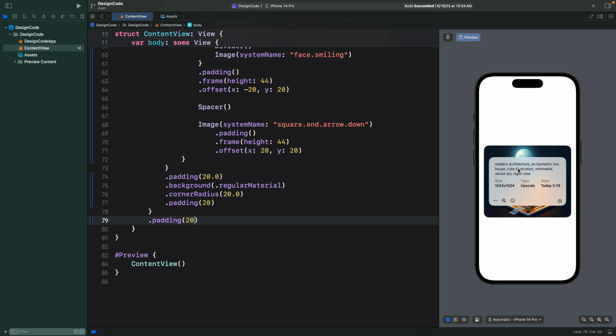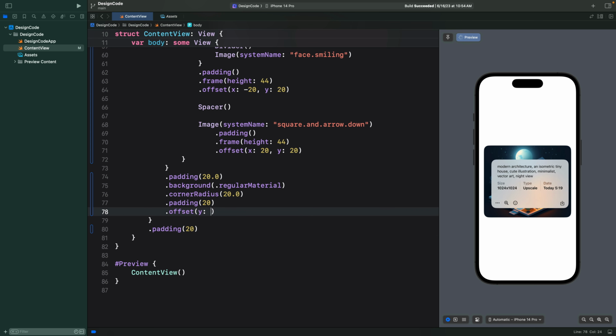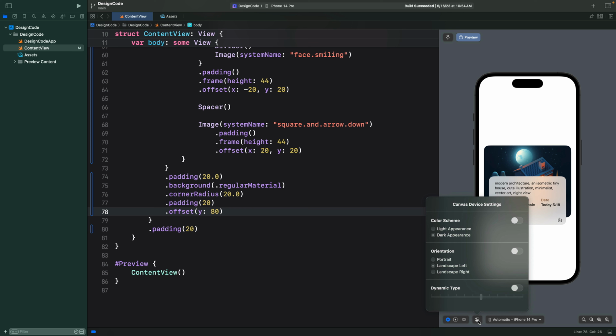Now I can offset the floating material container to move down a little bit, just like in the design. So for that, we're going to use offset Y 80. So let's take a look at the preview options, because here we have a number of options, including the